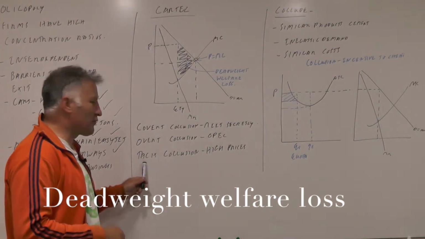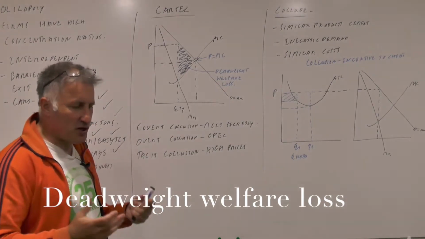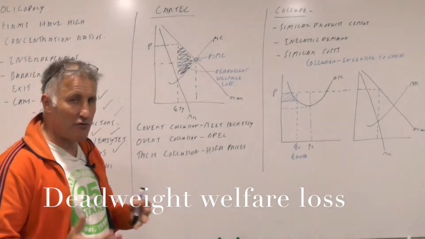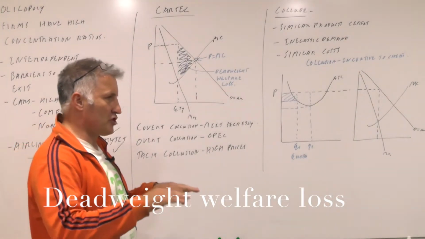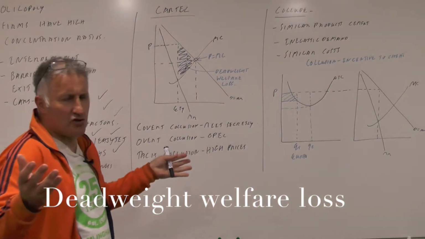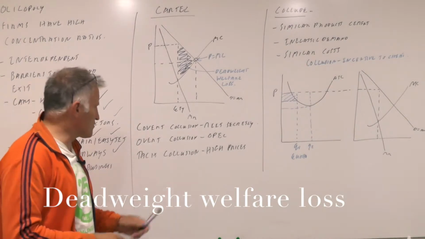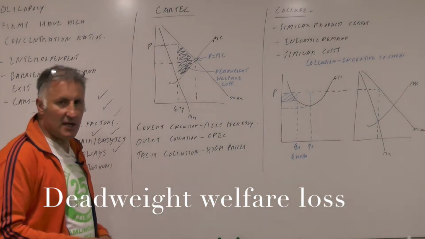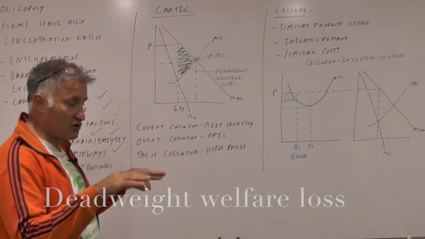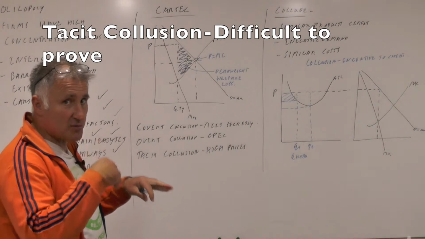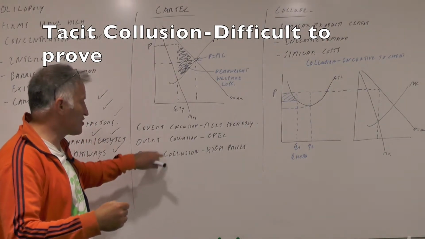But this one's a really difficult one to deal with: tacit collusion. That's when firms all just have high prices and there's a lack of competition, but there hasn't been any secret meeting to decide upon high prices. They all just work together and say, well, we might as well charge more money because we're going to make more profits. And we sometimes wonder if that isn't done in the electricity industry within the UK. They've all roughly got the same sort of cost model. The higher the price they charge, the more money they make because they're faced with an inelastic demand, and it's much harder to deal with.